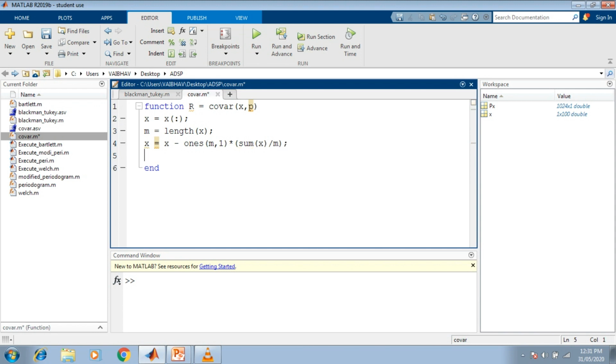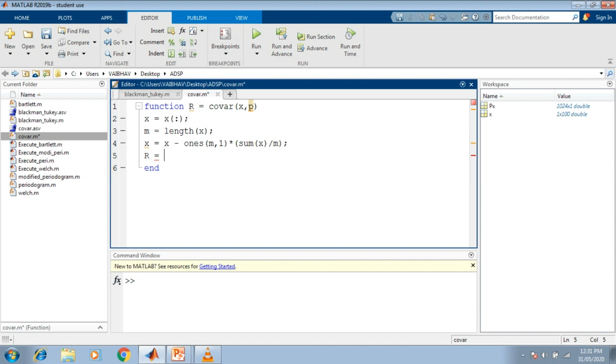Next we expect the output, denoted by capital R, to be the covariance matrix. This can be generated by the use of another function, which generates the convolution matrix, so that finally we can have the autocorrelation matrix generated here.